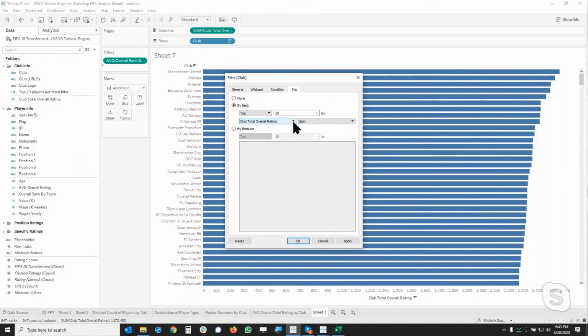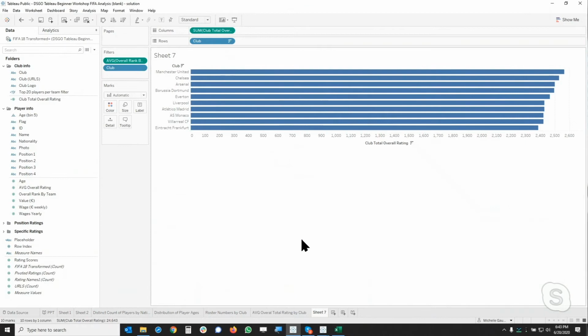So I've got this total overall rating sum, and I'm going to say okay. And now I have this list of the top 10 clubs based on that overall rating, and it comes from that overall ranking of the top 20 players. So it's calculated based on the top 20 players for each club. All right,